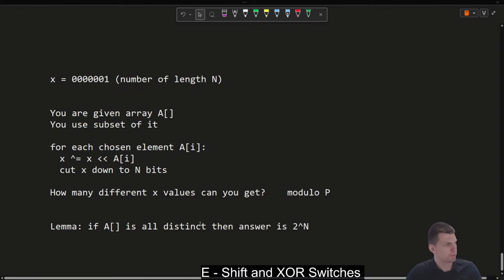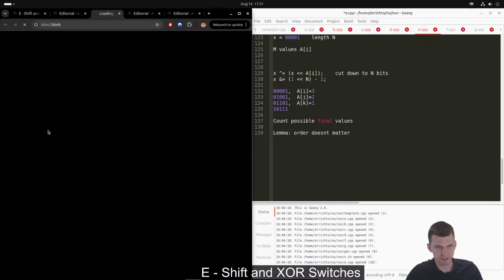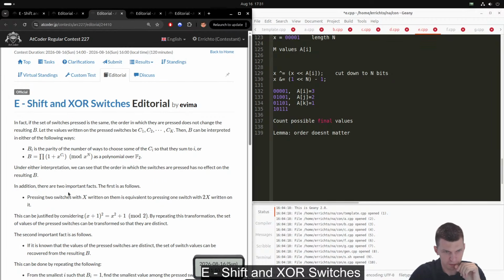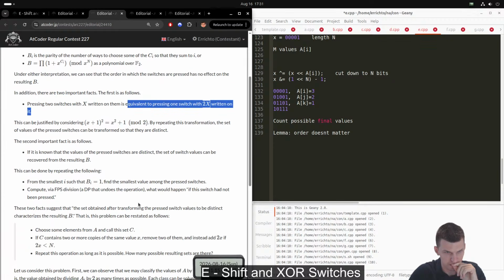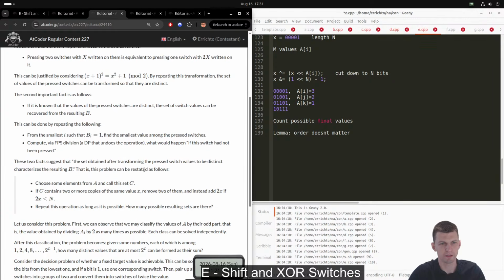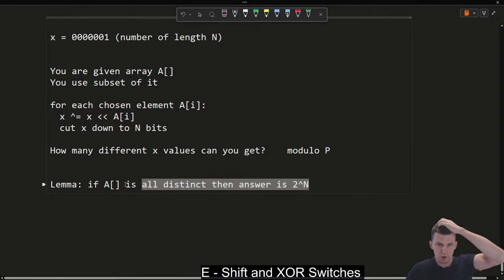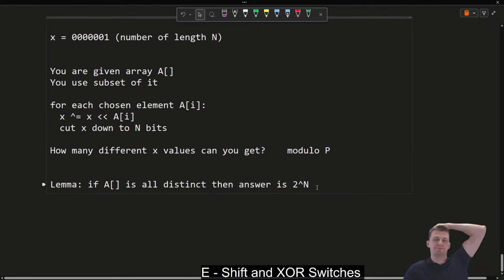I'm going to again maybe look at the editorial to check if they confirm, and then I will tell you my intuition. Yes, I know that. Oh yeah, they claim this. Okay. Fine. Why did I think this? Well,